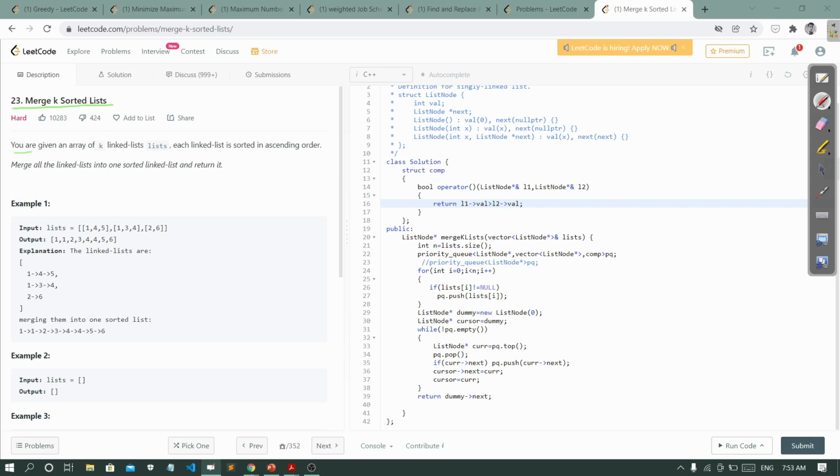Okay, so see, you are given an array of k linked lists. Each linked list is sorted in ascending order. Merge all the linked lists into one sorted linked list and return it. Basically, in this problem statement we are given k sorted linked lists, and we have to merge all of them, and after that we return one linked list that contains the merge of all the k linked lists, and also we have to return the list